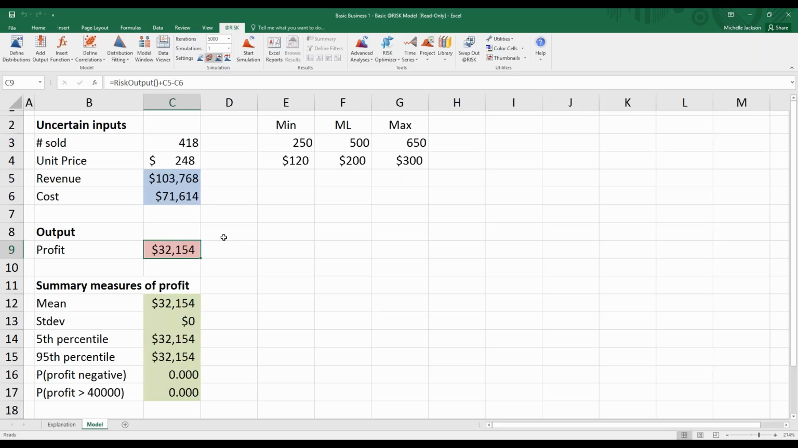If I turn on the dice icon and I click my F9 key, this is what happens during simulation. It takes random values from under that triangular distribution for this one and under the normal curve for cost, and it actually plugs those numbers temporarily into the spreadsheet and then calculates it. So C9 changes over and over and over based on what values are drawn from those independent distributions that we put in there. So if we were to run a simulation of this,